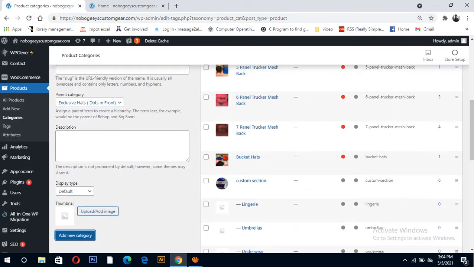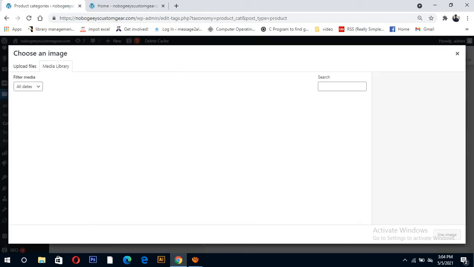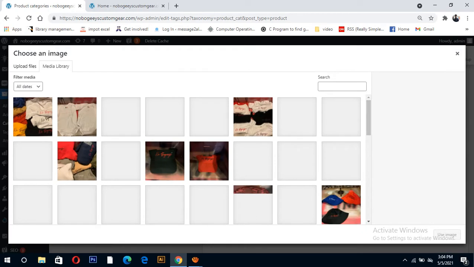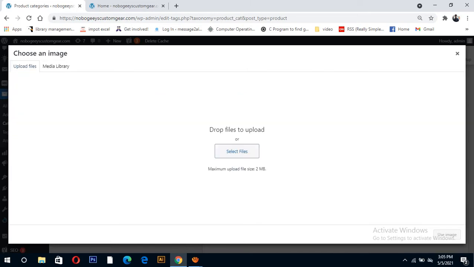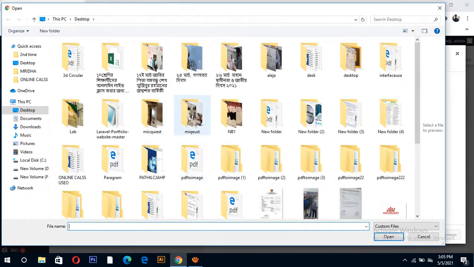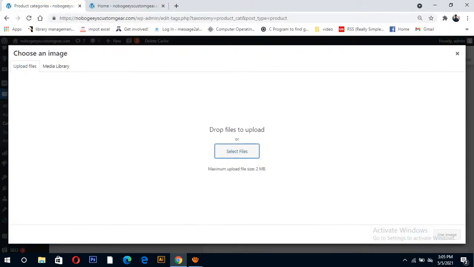Here, if you want to upload any picture, this is the backend media library with many pictures. If you want to upload a new one, you can upload it this way.